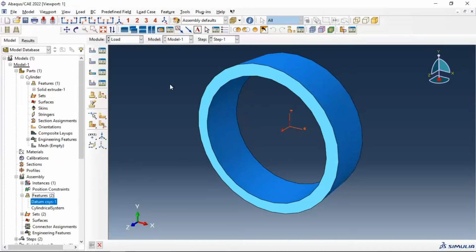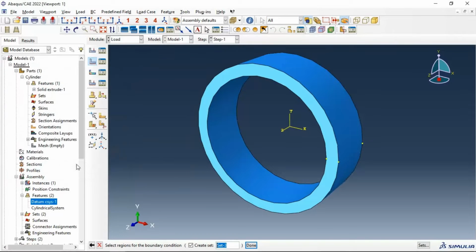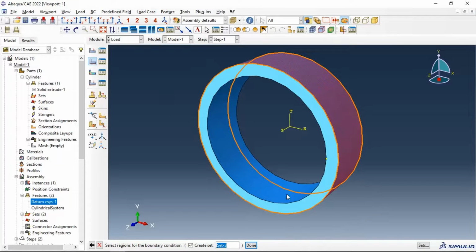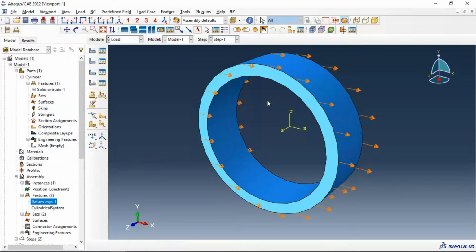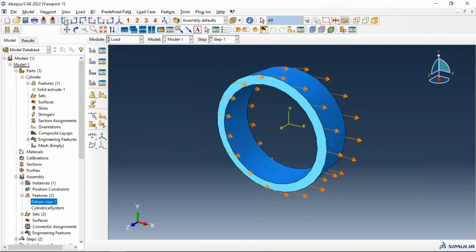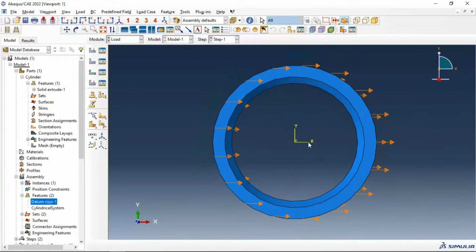or boundary condition. For example, let's go to initial step or in step 1, displacement rotation, click continue, and we need to apply displacement in the outer surface, for example in the cylinder. Click done. Let's try with global system. For example, one displacement in the x direction. Click OK. Now we have